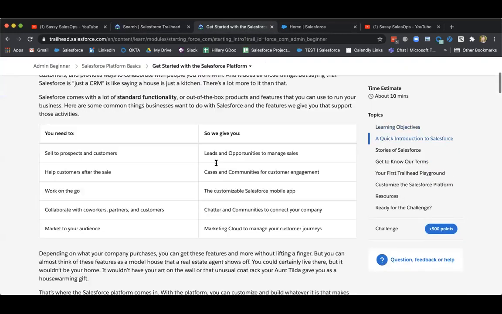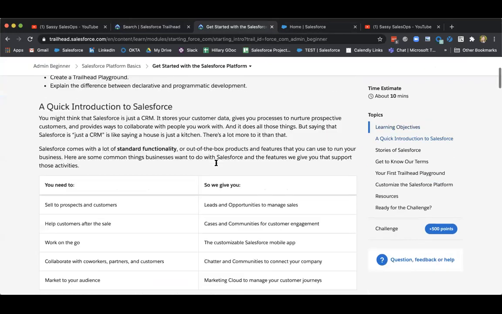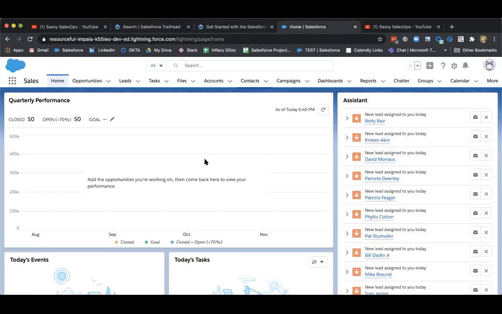Here's what one of the trails looks like. You go through reading and learning about it, and then they have a hands-on task at the bottom. And then your developer org is going to look like this. This is your home page, where all across the top you're going to see how Salesforce organizes and keeps track of the data with all of these objects at the top here. And in future videos, I'm going to go through a lot more of the nitty gritty on how to get through these, what these mean, and getting through some fun automation.